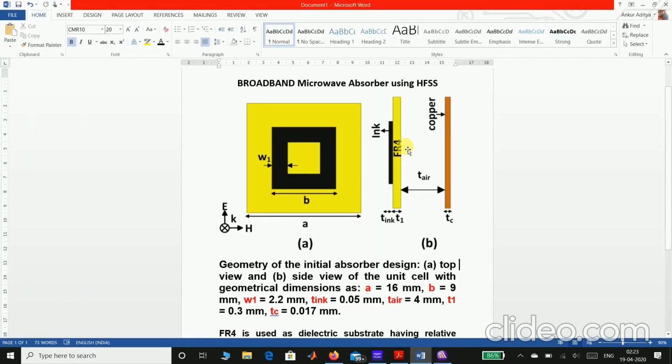Now for the next step, we have to draw an FR4 substrate, a dielectric substrate of thickness T1. The position, as I've already told you, will be TC plus T air. As we have already come up the TC distance, again we are going above T air distance, then we are getting the FR4 substrate. That's why the Z axis position will now become TC plus T air, and the X and Y axis positions will be the same. As I have already told you, consider a single starting point. Like here I have considered minus a by 2 comma minus a by 2, and make every block by using that position.